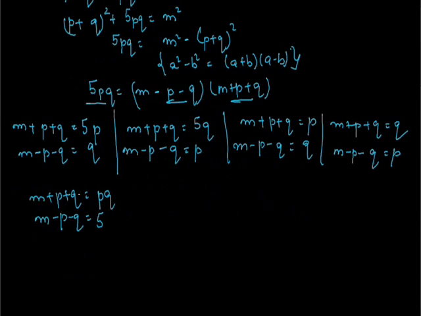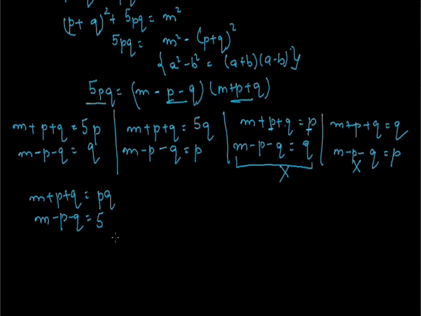Now we eliminate those cases which are not possible. Looking at this third case, m plus p plus q equals p. If I look at the LHS, there are two positive quantities along with p, whereas if I look at the RHS, p is alone. So this cannot be the case because LHS is not satisfying the RHS. So I will cut this case. Similarly, here in LHS it is q and in RHS it is q. But here we are adding two positive quantities, so this again cannot be the case.